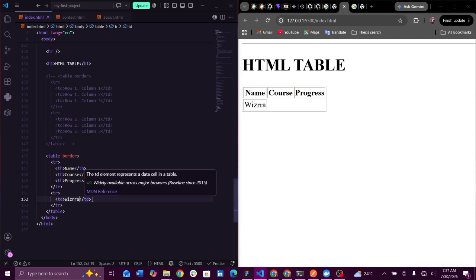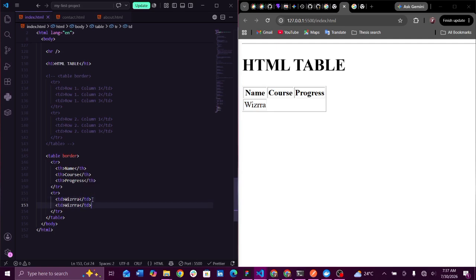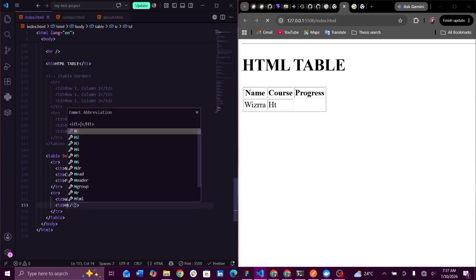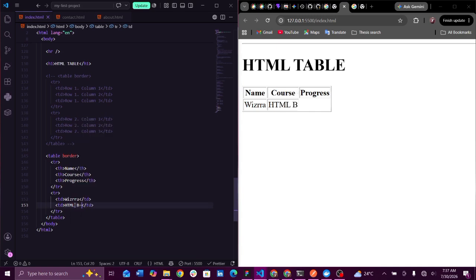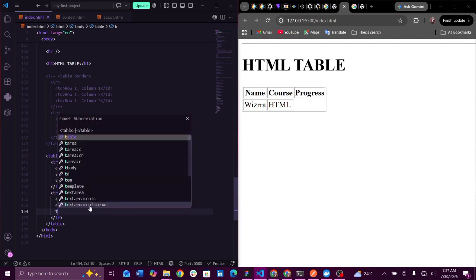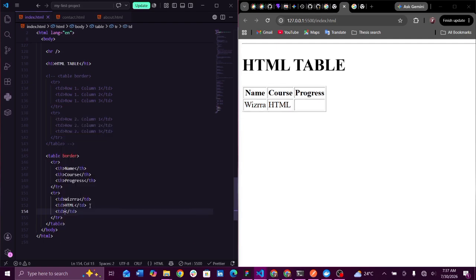So okay, let's just continue. There is something I want you guys to know, but I'll just finish this first. So the course should be HTML, right, and I'm going to create another TD and say completed. Right now, can you see that we created our table header starting from the name, the course, and then